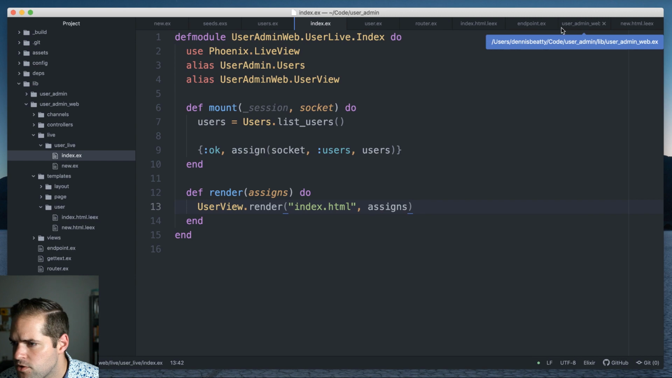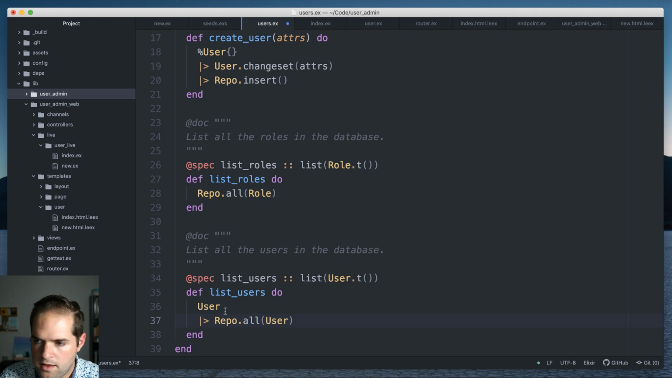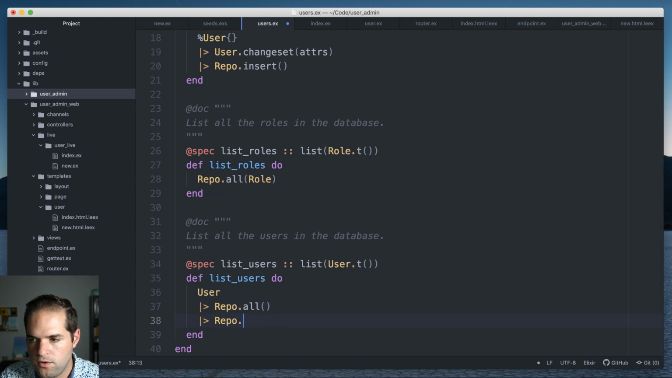So in our users context, in our list users function, let's actually change this out. So we'll start with the user, and then we'll do Repo.all, but then we'll preload the role. And so this will tell it, okay, grab all the users. Once you have all the users, then get all the roles that are specified in the role IDs and join those onto the users. So if you refresh,